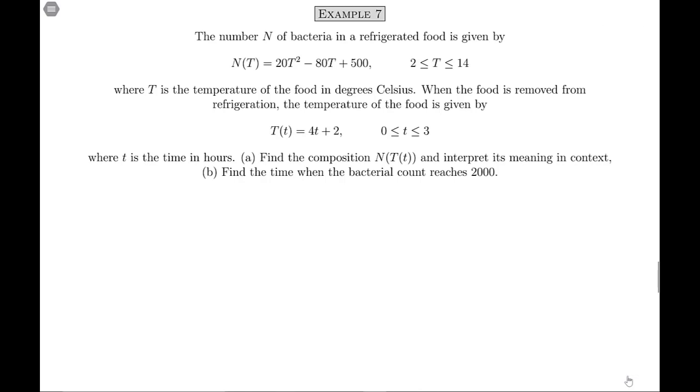So we have the number of bacteria in a refrigerated food is given by N of t is equal to 20t squared minus 80t plus 500. T is the temperature of the food in degrees Celsius. N is the number of bacteria. When the food is removed from refrigeration,